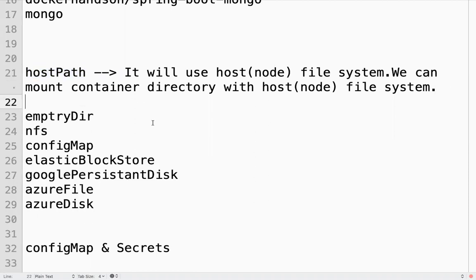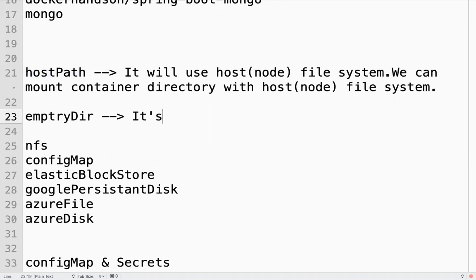So we have one more, emptyDir. What is emptyDir? It's like a temporary storage. What is the meaning of temporary storage? If your container is not rescheduled, maybe just recreated, and your pod is not gone, only your container is gone, you will still have the data.